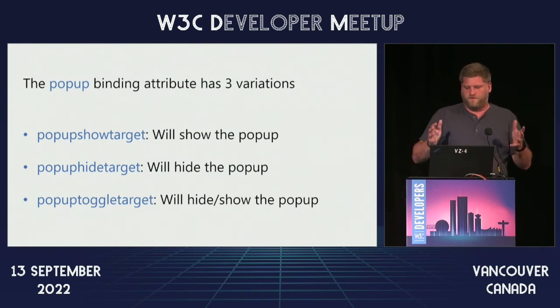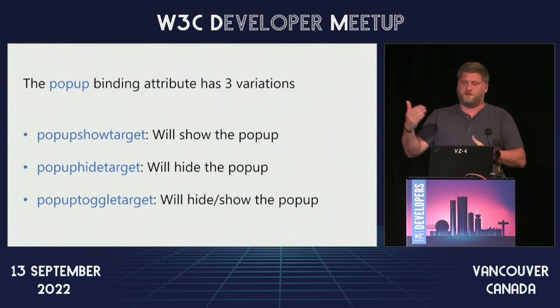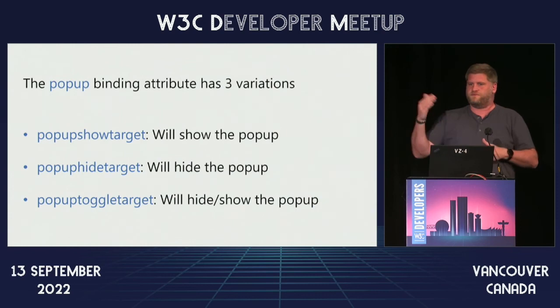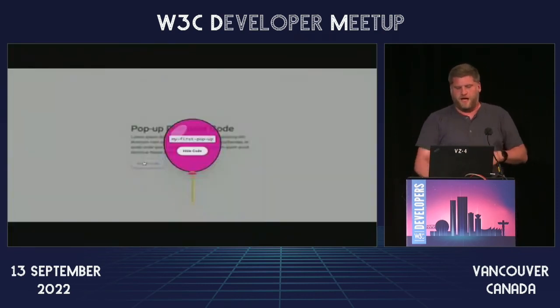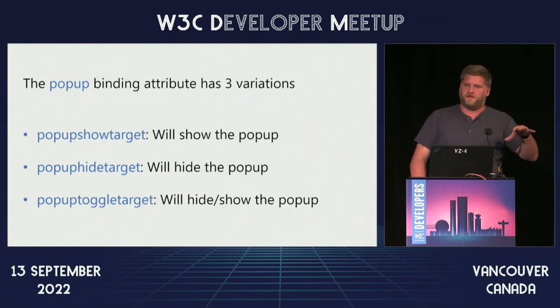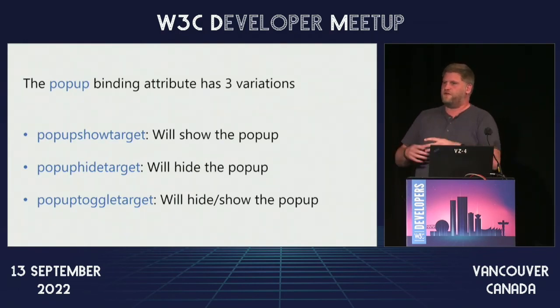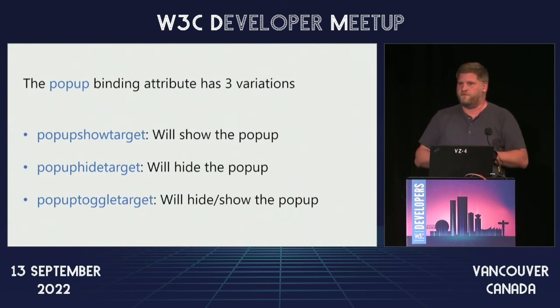So yeah, and I went over this. Basically, I didn't actually go over this, but we have three different ways in which to bind them. The one that you were seeing earlier was actually just show it. But technically, there are scenarios where you want just a button to open a pop-up, and then maybe you want a separate little X icon that closes it. So you technically need two binds. So you have show target, hide target, and then toggle target is basically I want to show and hide using the same binding attribute. One thing I do want to hit on, another great thing about this is because of those bindings, we do all the ARIA pop-up hookups for you. So all the accessibility requirements, we handle those for you.